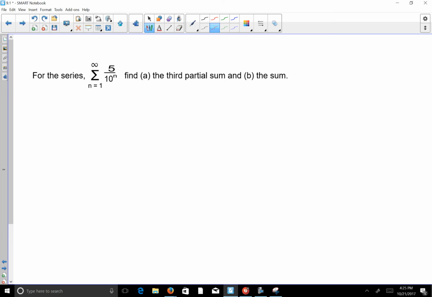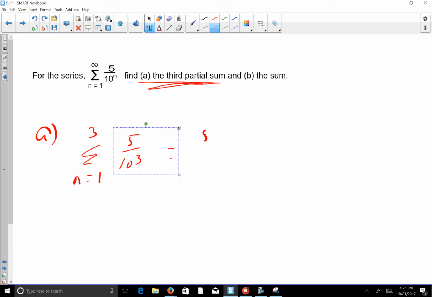So for this series, part A wants me to find the third partial sum of 5 over 10 to the n. So to do part A, I'm doing a partial sum. I'm going to start with n equal to 1, going to 3, and I'm doing 5 over 10 to the n. So when I do that, I'm going to have 5 over 1,000